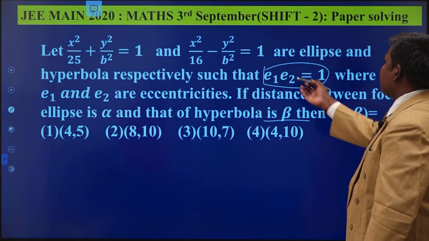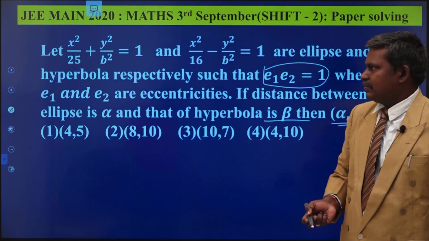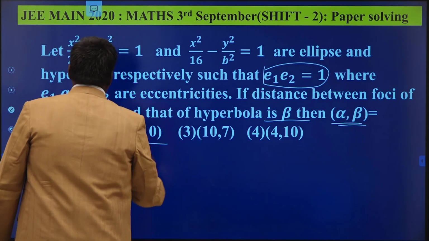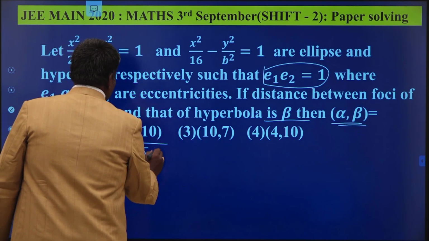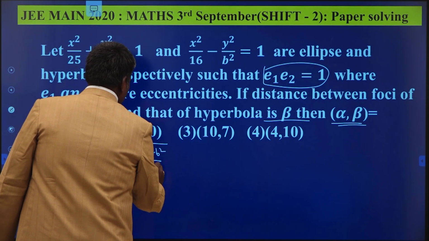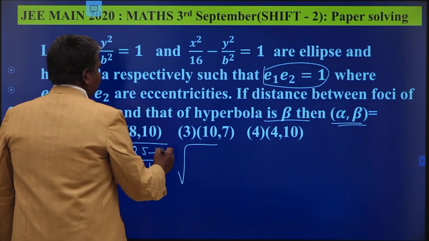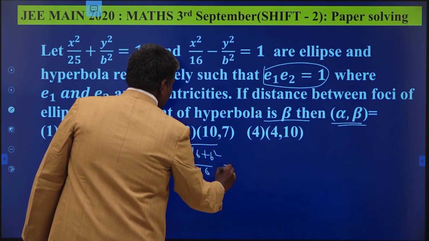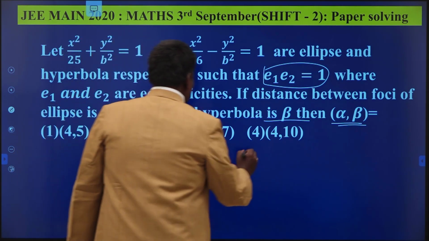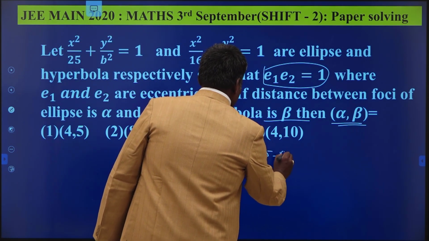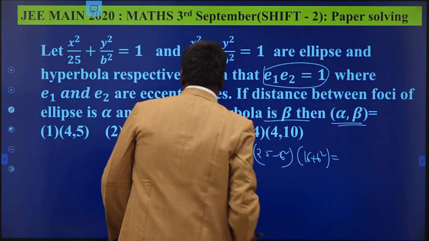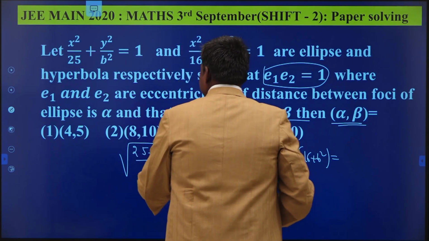In this problem, the product of the eccentricities is 1. So what is the eccentricity of the ellipse? Square root of (25 minus b square) by 25, into square root of (16 plus b square) by 16, is equal to 1. By squaring, what do you get? (25 minus b square) into (16 plus b square) is equal to